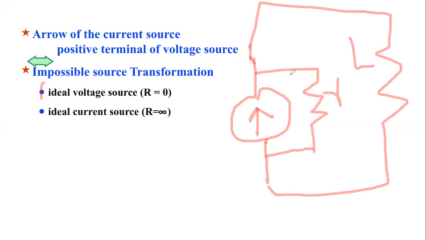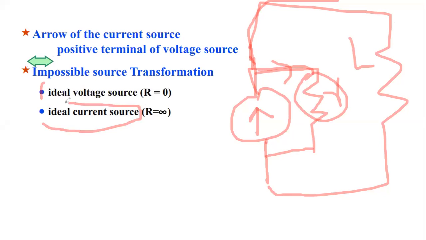Now if this is the load resistance, and if there is some internal resistance, the whole current will not be available to go here. There will be some current going here also in the internal resistance, and again there will be a voltage drop due to this. The point is, if there is some internal resistance in a current source, the whole current will not be available to the load, and there will always be some current flowing in the internal resistance, no problem at all.